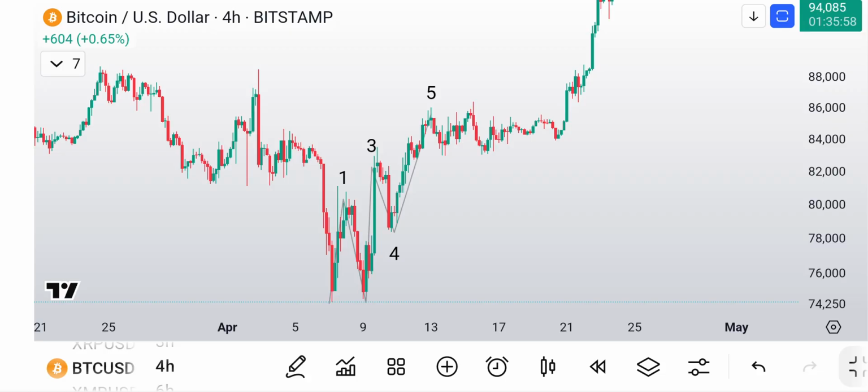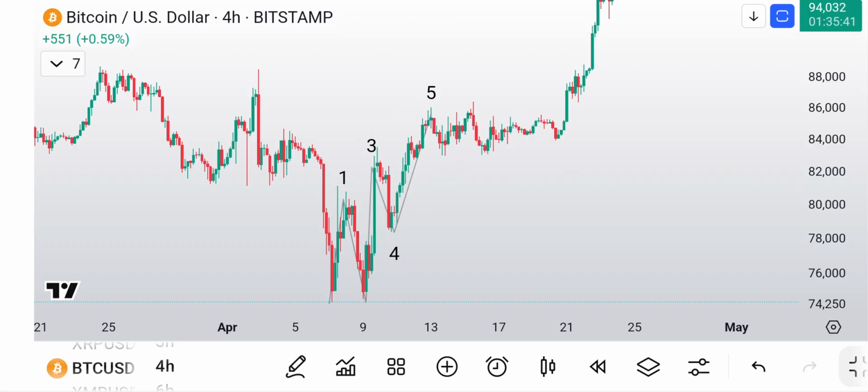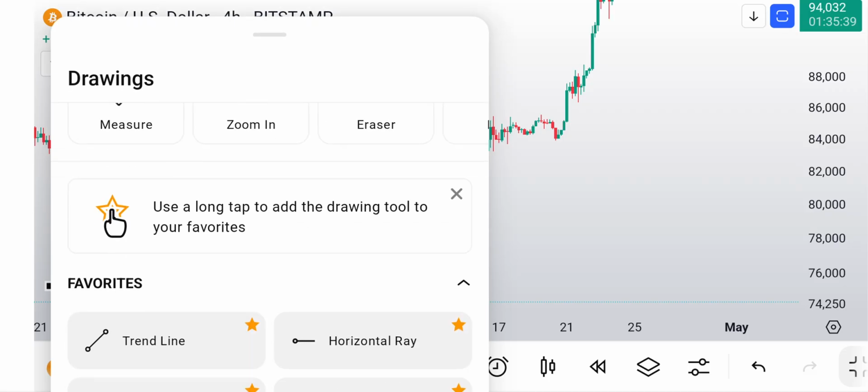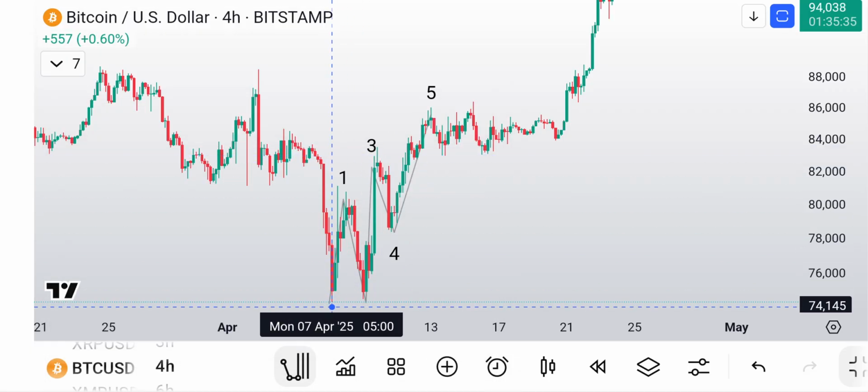What we talked about is that this could be 3 down. This could be 3 up, and then we can get 1, 2, 3 down, right? 3 down, 3 up, 3 down, or 5 down. So you have a 3-wave move. So that 3-wave move is more proportional with this diagonal, right? But then we busted out the trend-based extension,